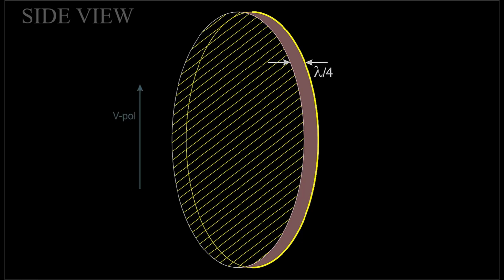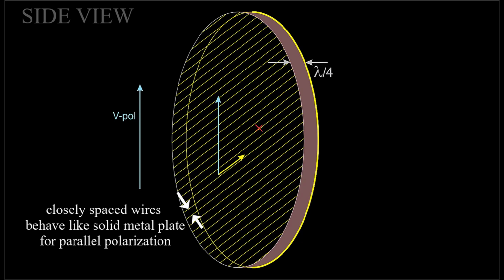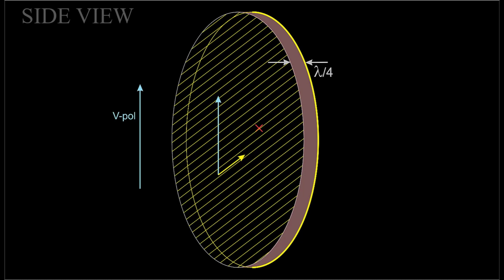Now imagine a vertically polarized field impinges on the mirror. The component that's parallel to the wires is immediately reflected. There's a sign reversal which we'll ignore for simplicity since it doesn't change the outcome. If the wires are closer together than a quarter wavelength, then the grid of wires behaves to the parallel E-field component like a solid metal surface, for that polarization component. On the other hand, the component of the E-field that's orthogonal to the wires goes straight through past the grid,